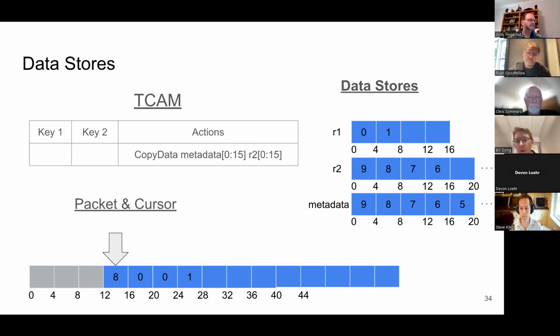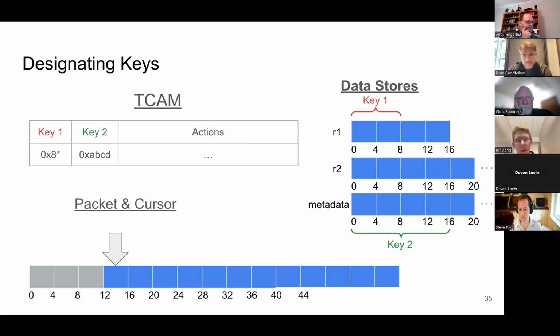They can be used to store information that maybe you want to match on later in your parser. You could use them to store, say, parser arguments that you want to reference at some point. But very importantly, you also use them to store the keys of the TCAM. Like I mentioned before, certain locations in memory will be designated by the hardware configuration file as the key locations. In this case, we've designated the first 8 bits of the R1 store as the first key, meaning that